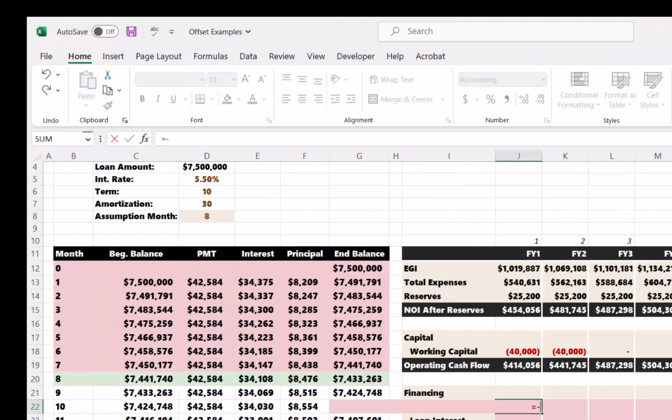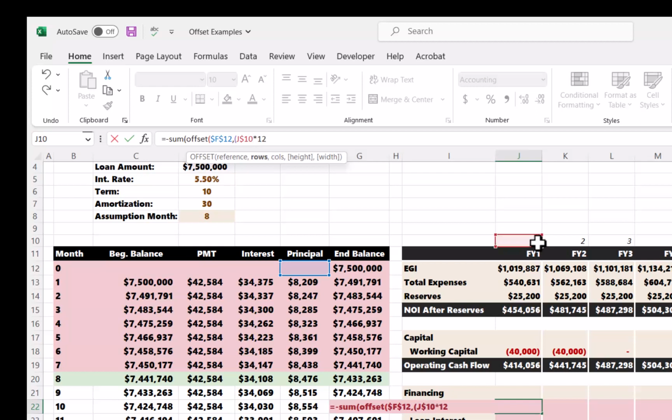I'm going to once again throw a negative sum function in front of the offset. Our reference cell will be directly above the principal cash flows, just as it was in previous examples, and our row argument's going to be a little more complex this time. So first, we're going to make a bracket, and we're going to take the year, which is year 1, lock the row,